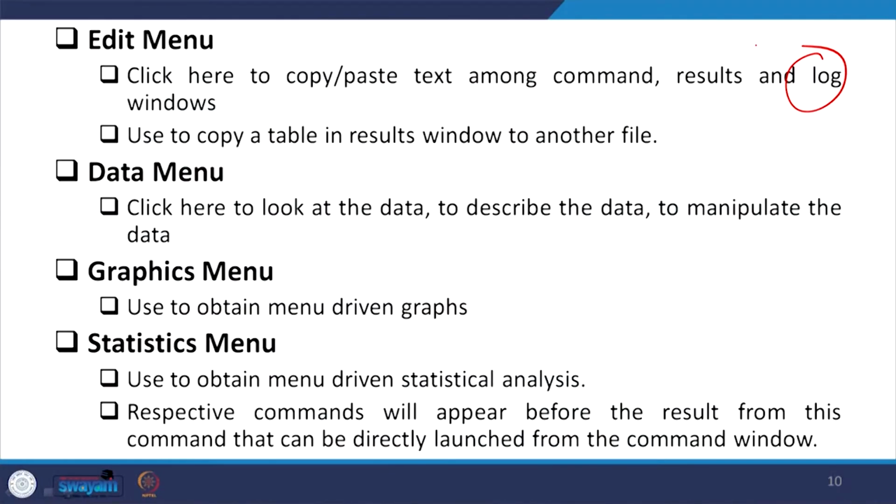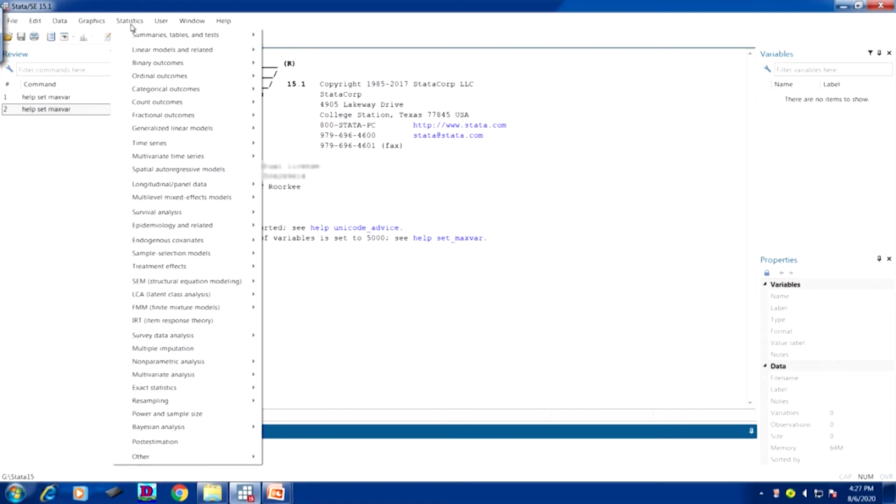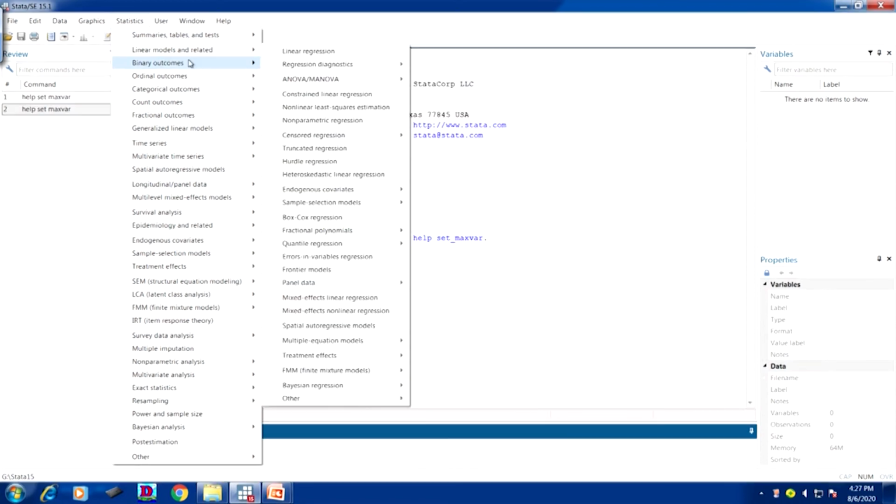Okay. Similarly, data menu, it helps in describing the data, manipulating the data. Then graphics menu, statistics menu, it contains different statistics for your knowledge, for your interest. Let me just have a point over on particular statistics. Look at so many things, like summarize, tables, test, linear models.